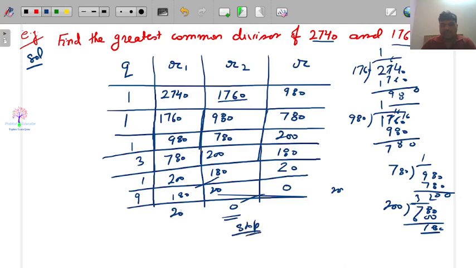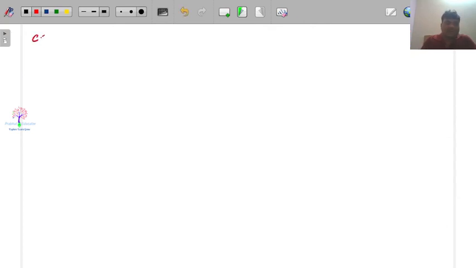So what is the GCD? GCD is this 20. So I can write GCD of 2740 and 1760 is equal to 20. So this algorithm is used for finding the greatest common divisor of large integers. Now take another example. In the next example,